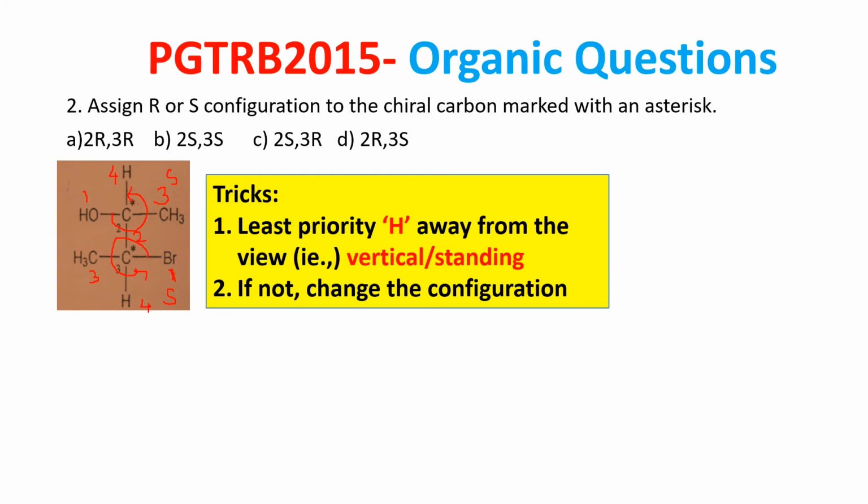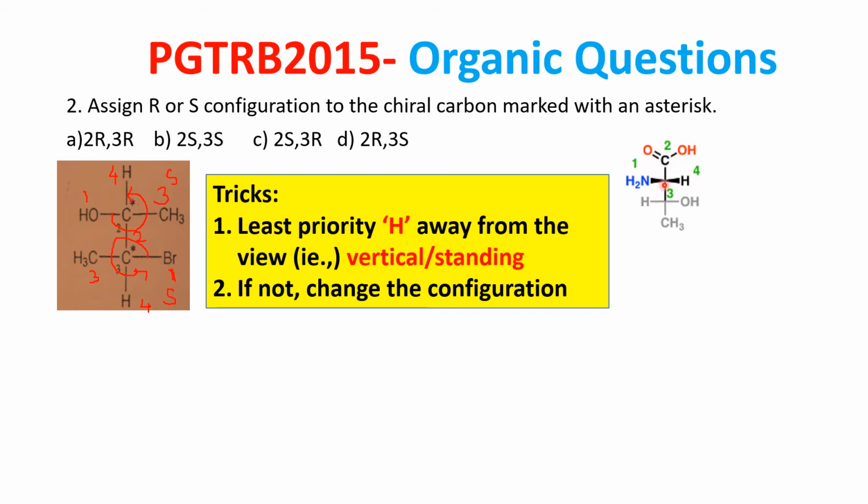I'll give you another example. See here in this example, it's very clear. You see this carbon and this carbon, we need to finalize the configuration. For this carbon, this is the 1, this is the 2, this is the 3, and this is the 4. The carbon has OH, H, CH3, but this carbon is an acid carbon, so the acid should come as the first one. This is the prioritized first one.